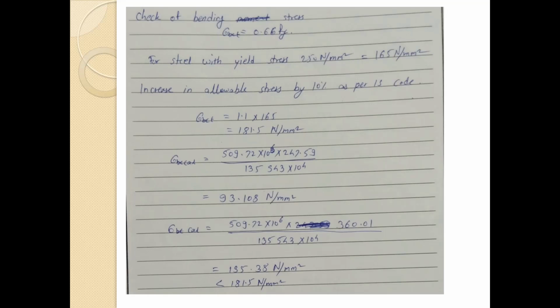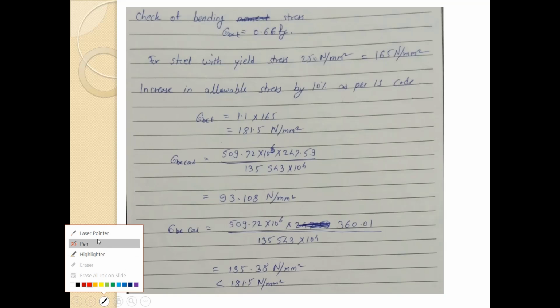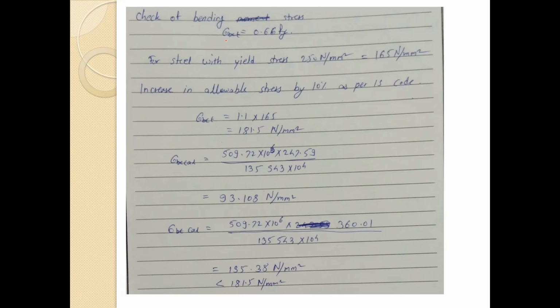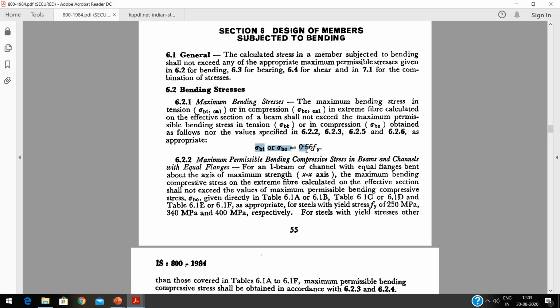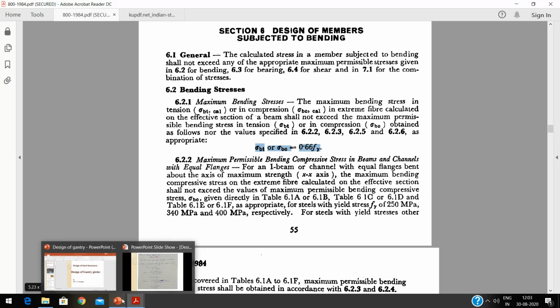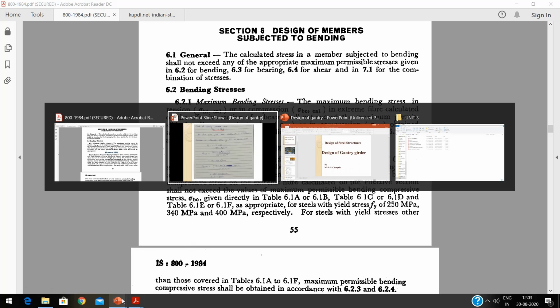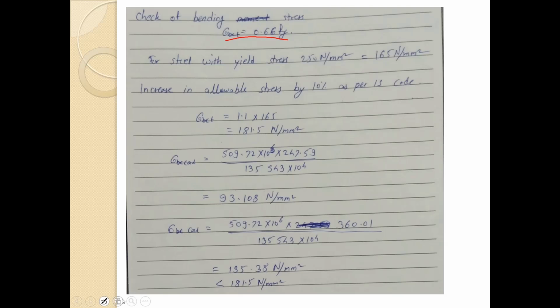So now we'll check the bending stress. We know that sigma bc or d is 0.66 Fy as per the IS code. It is mentioned over here. So for steel with yield stress 250, it is 165. That is 0.66 Fy. But we also know that we have to increase the allowable stress by 10% as per